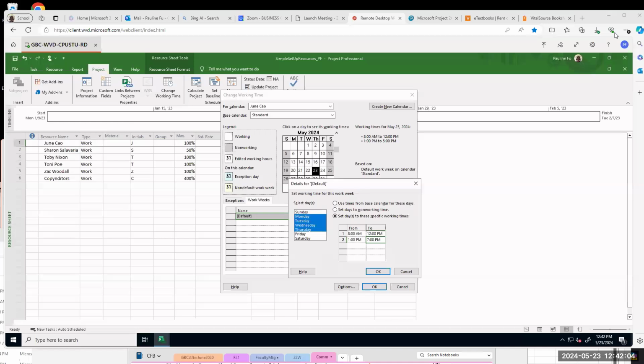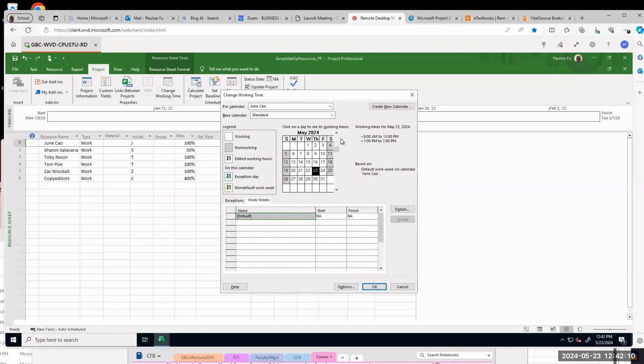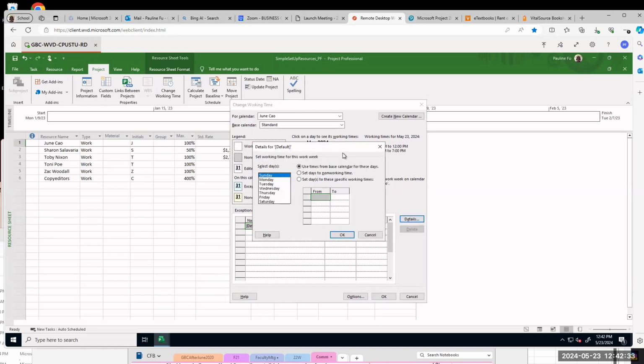Do you mind repeating that step again? Oh, sure. If I click OK, then I'll repeat. Okay, so first you select change working time. Under project, you have this menu. Make sure you have Juncao here. And make sure for the work weeks, you select it, then you click details.